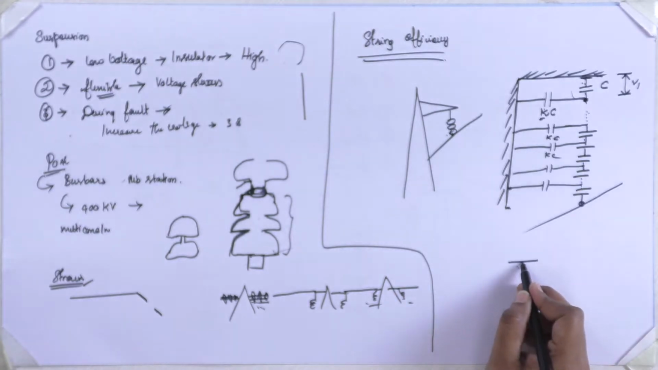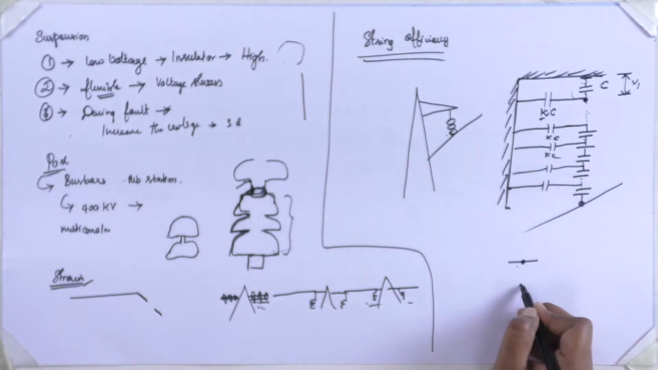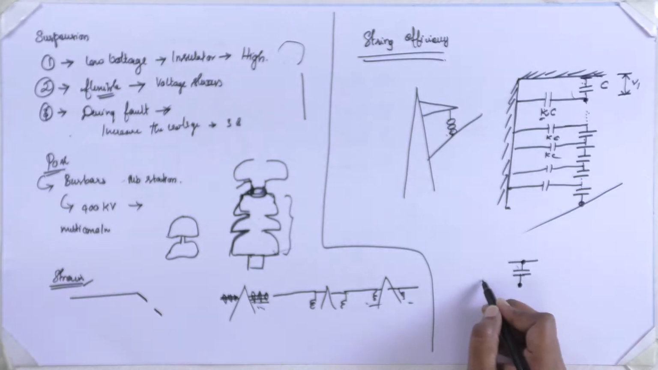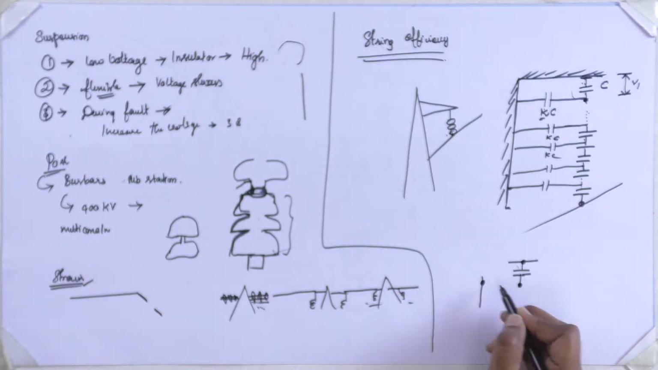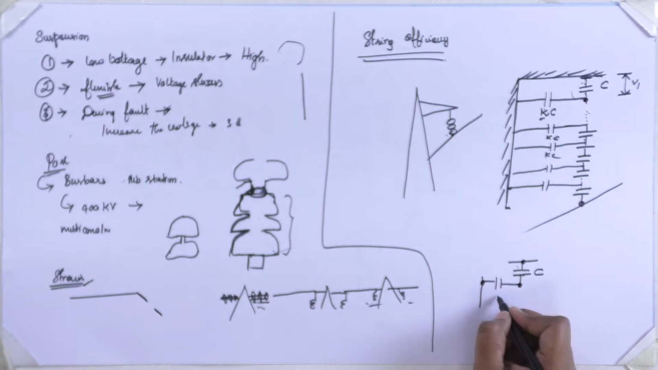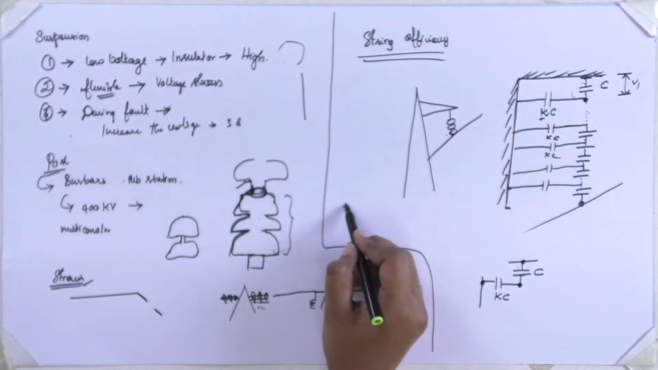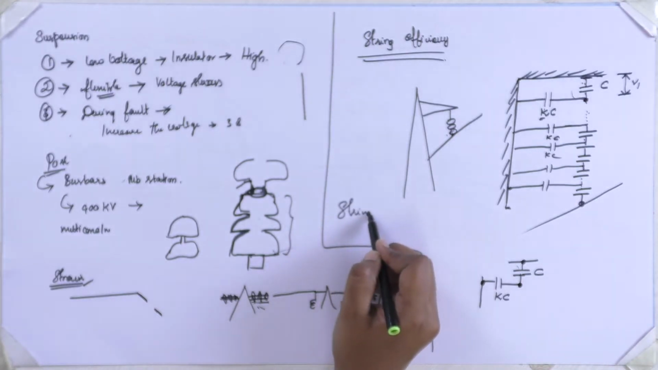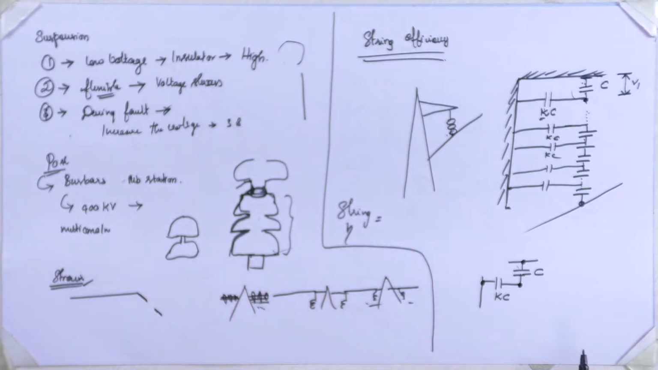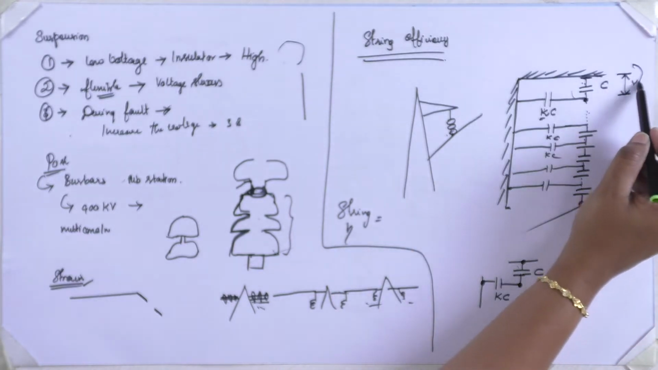So the idea is, between the cross arm, the metal conductor point of the insulator, a capacitance will be there. With this metal point and the transmission line tower, another capacitance will be there. If this is C, this is KC, where K is 0.1 to 0.2. So what is the formula for string efficiency? It is the total voltage